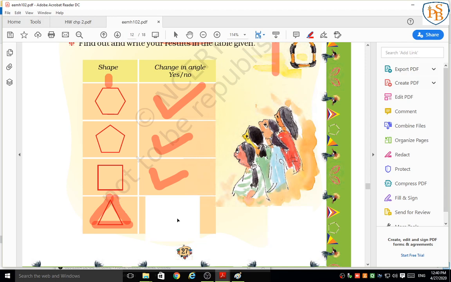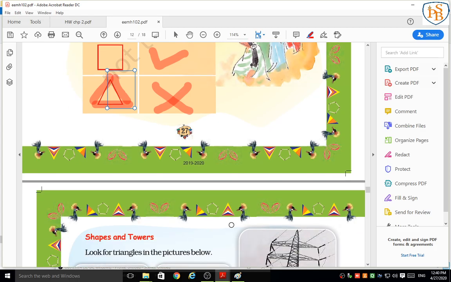The angle is not going to change, and if you still forcefully push with the tip of your finger, then the shape will break because it has 3 corners. Only the triangle has 3 sides, 1 2 3, and these 3 sides have 3 angles. We have only one base and 3 corners. So if you try to push in a downward direction, it will not change. Still if you are pushing, then it will break, but the angle is not going to change in the shape of a triangle. Understood, students? Clear? Okay. Next, come to the next point.